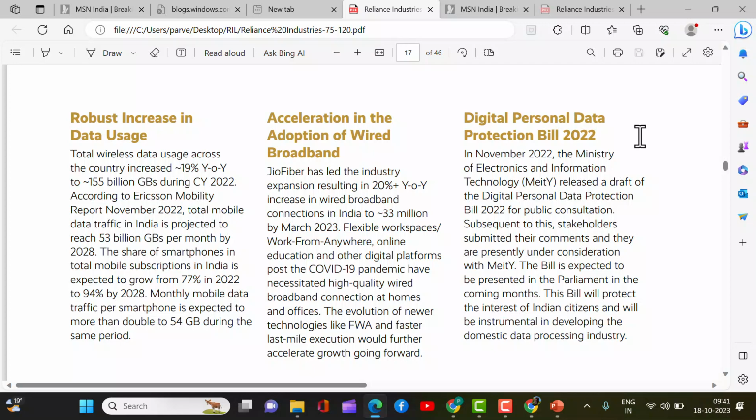Total wireless data usage across the country increased 19% to 155 billion GBs during current year 2022. According to Ericsson Mobility Report November 2022, total mobile data traffic in India is projected to reach 53 billion gigabytes per month by 2023. The share of smartphones in the total mobile subscription is expected to grow from 77% in 2022 to 94% by 2028. Monthly mobile data traffic per smartphone is expected to more than double to 54 gigabytes during the